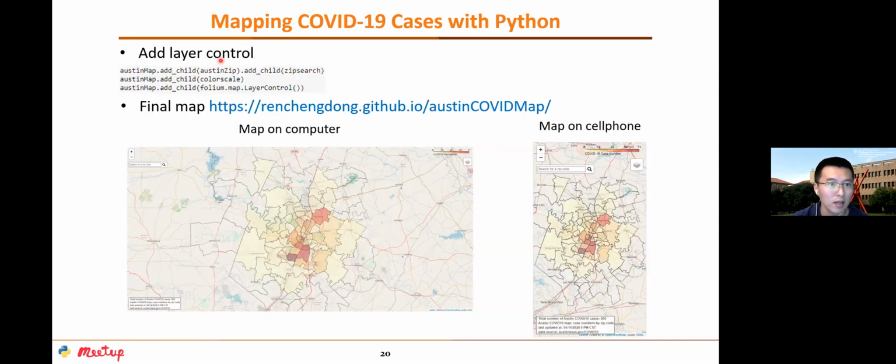At the end, we add a layer control switch. Basically, even though we add a layer in our map, we want to have a switch. By adding this switch, we can remove the layer from the map. So later on, I can show the website to show how this switch works. So the final map is published